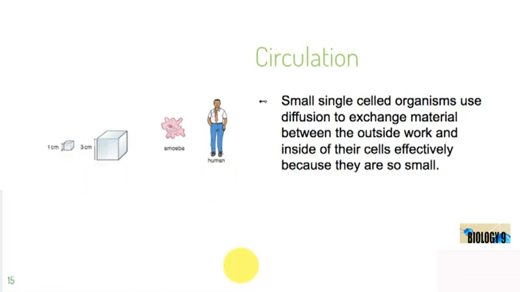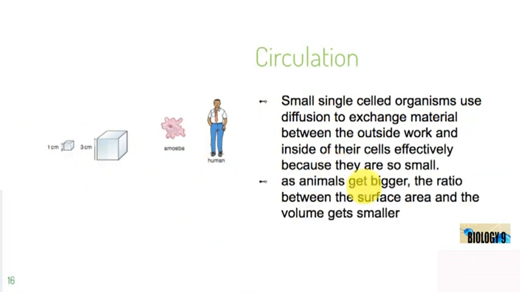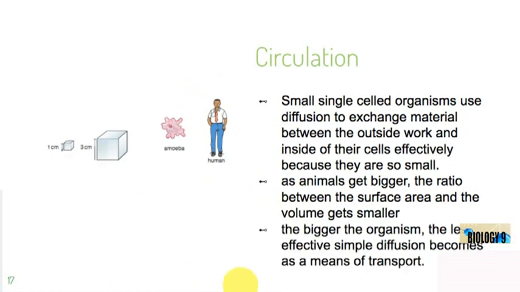So just to summarize here, small single-celled organisms like this amoeba, they use diffusion. As they get bigger, the ratio between surface area and volume gets smaller, okay? And the bigger the organism, the less effective this process of simple diffusion becomes. And that's why animals like us need complicated transport systems like the one we are learning about in this unit,